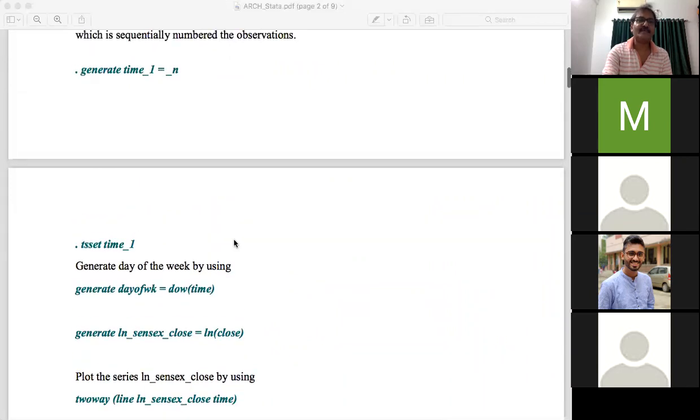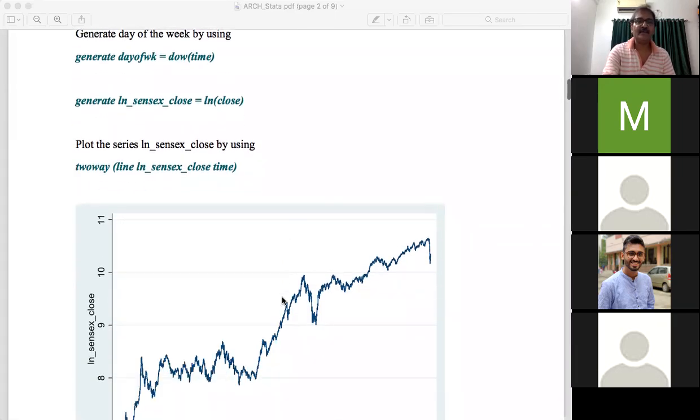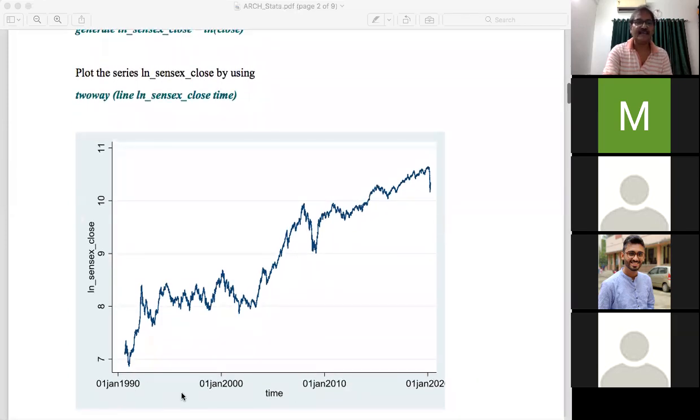You have set the hypothetical one, time_1. So if we execute the command tsline, you will get a similar figure, but on the horizontal axis you get the values shown in the column time_1, not the values shown in the column time.